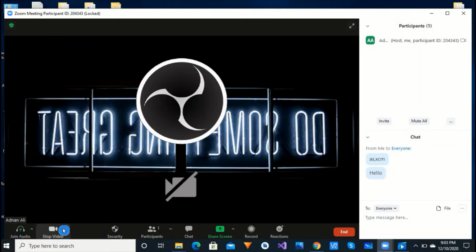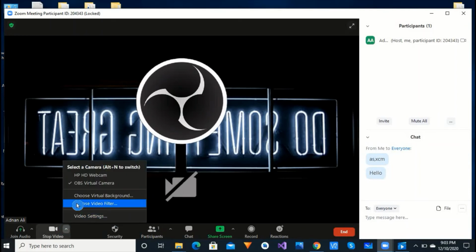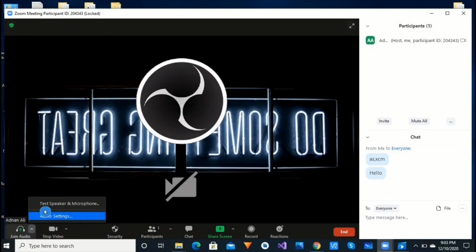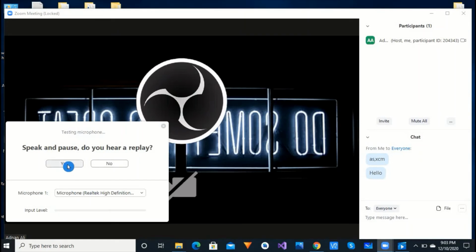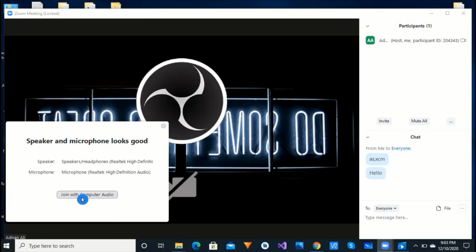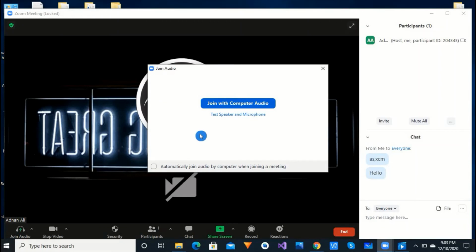So you can enable audio here. First you have to test your audio. Yes, my audio is audible, my speaker and microphone are looking good. I'm going to join with my computer audio. Now you see I'm speaking and my mic is running here.